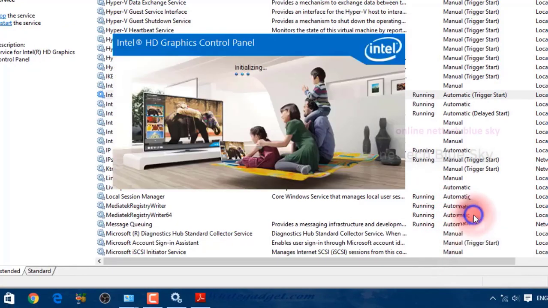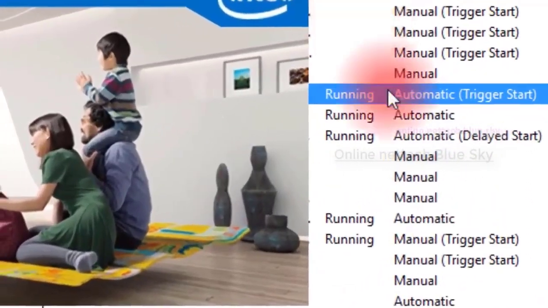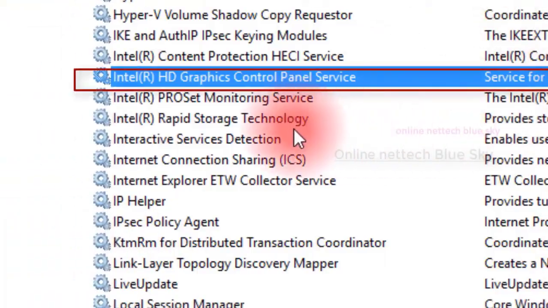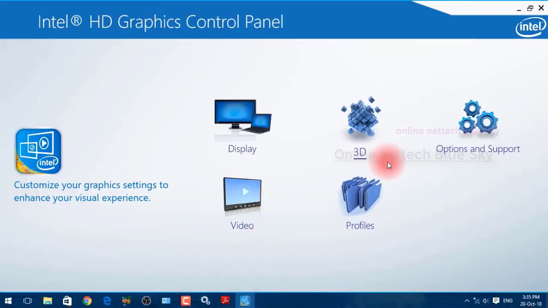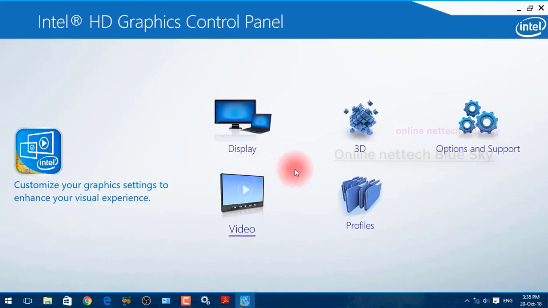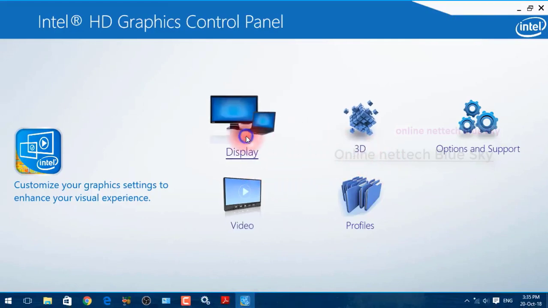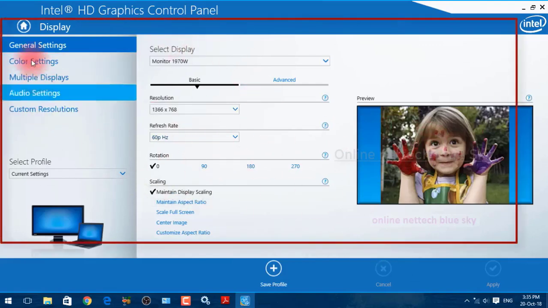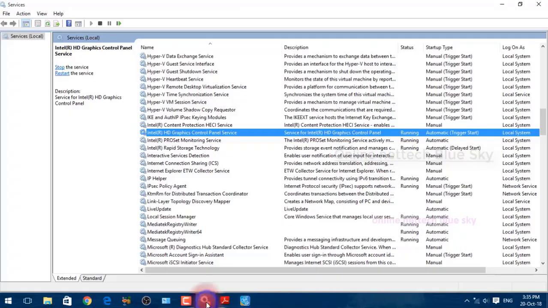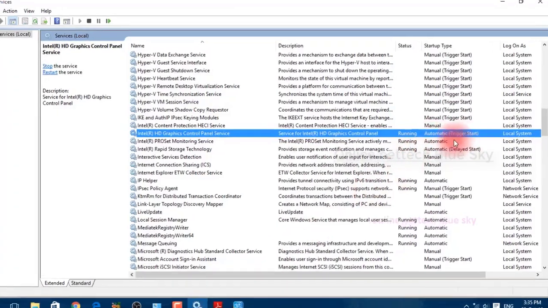Here you can see I'm clicking on Intel. This is the Intel Graphics Control Panel service. I'm clicking on it, and these are all the settings. You can also see solving options here. How can we control it, start configuration, check, stop and change features?